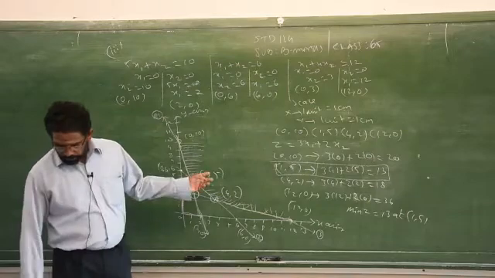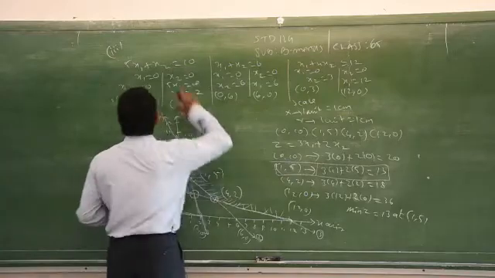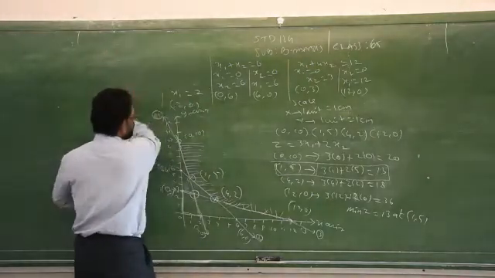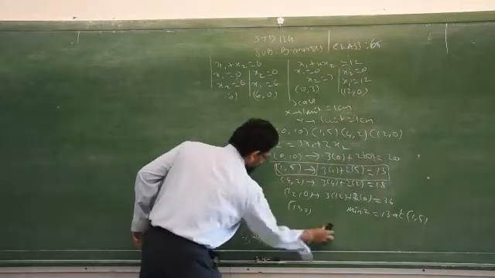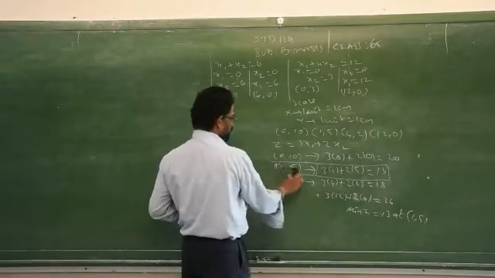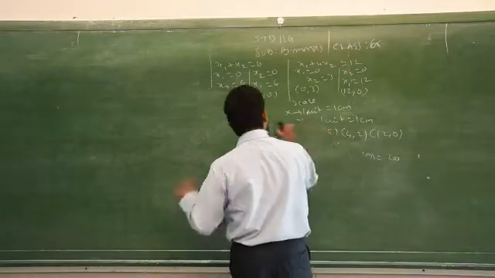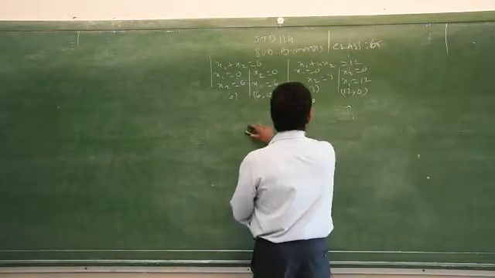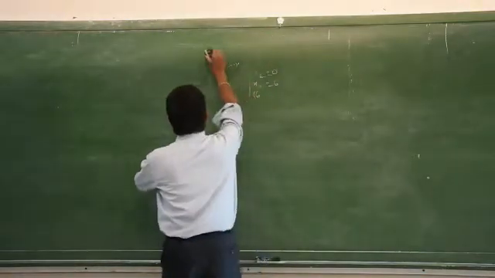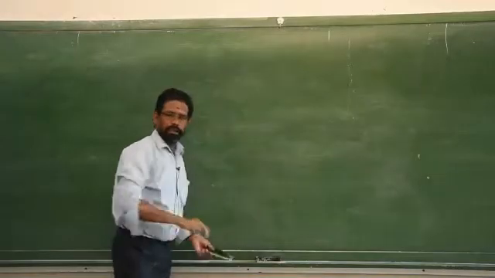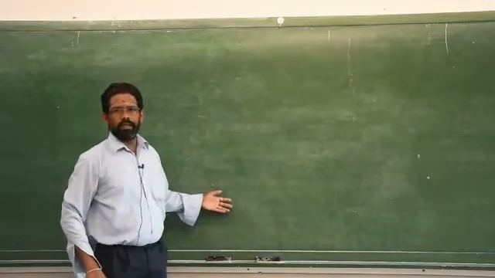I will do one more problem under the concept of maximize for 3 equations. Clear? The remaining problems, please do at home. This will carry 5 mark questions. Either you will get one 5 mark question or 3 mark questions. If you get a 5 mark question from this exercise, then you get 3 marks from the second exercise. If the 5 mark question is from 10.2, then you will get 3 marks from 10.1. Clear? If 2 constraint equations are given, that is 3 marks. But this problem comes under 5 mark questions.